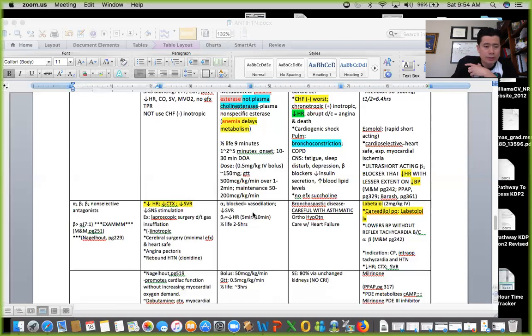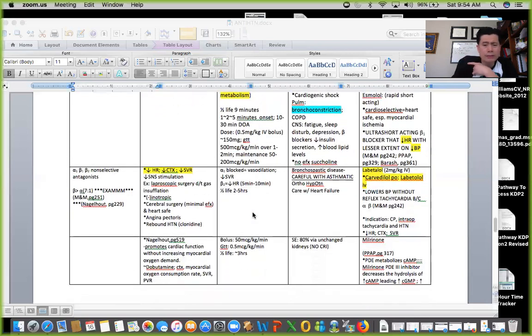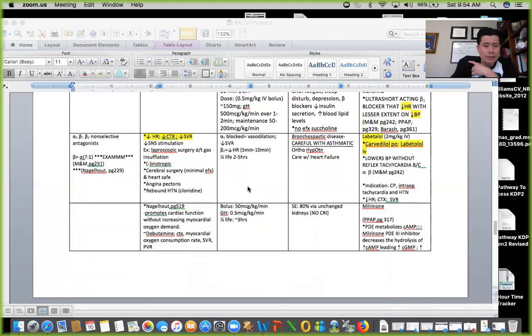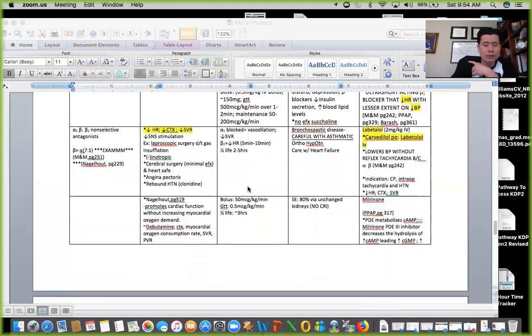Let's look at notes when we're here. Usually the stuff I highlight in yellow is what's pertinent. Let me see. I think that's a lowers blood pressure without reflex tachycardia. That's what we saw there. I think that's it. Like I said, I don't do